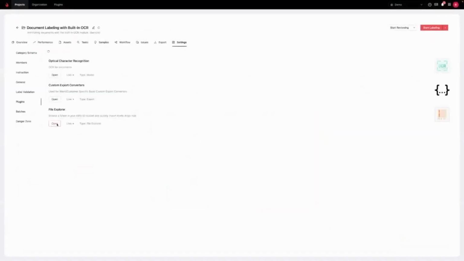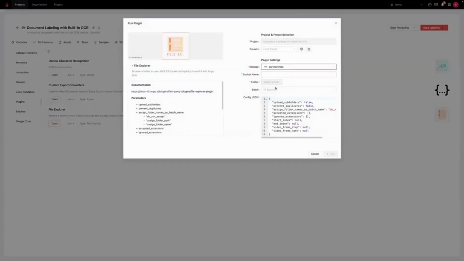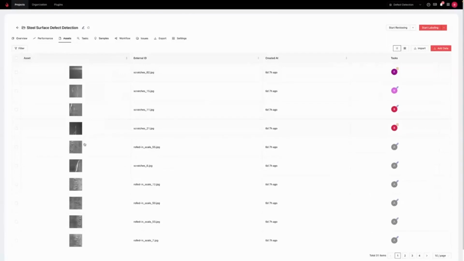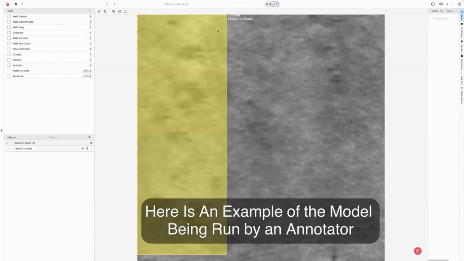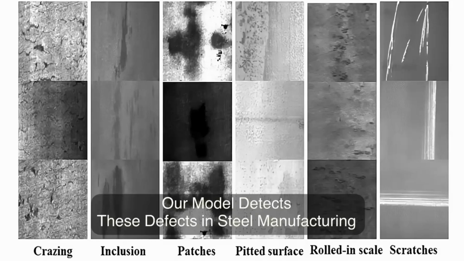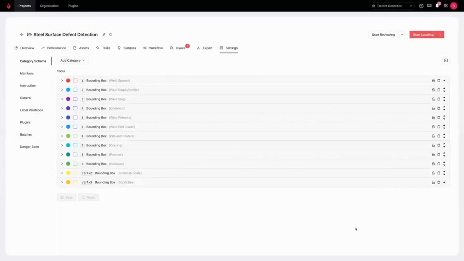Typically, client data is set up to sync directly from the cloud to the Ango platform. This can occur as a batched cadence or as an on-demand process via API. Here, we are uploading black and white images of steel surfaces being manufactured. In our example, we'll look at the steel surface ISO for defect detection. Once the files have been added to the project, we're ready to apply the taxonomy. We've customized the taxonomy by adding labels beyond what our model is able to detect to allow for human annotation